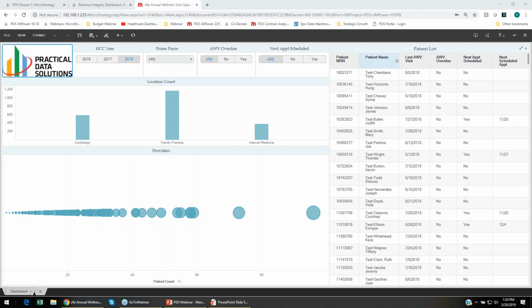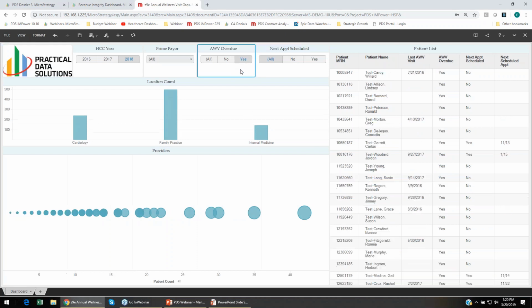So Russell, why don't you walk through this dashboard just quickly? Sure. This is a fairly simple design. We're looking at some of our divisions that would be focused on wellness visits. And you can see here on the right side of the screen, this column, this is their last wellness visit. We've then derived a column in our analytics to make it very easy to see, are they overdue for their next visit? And just by clicking a simple selector here, you can see now I can find all the patients